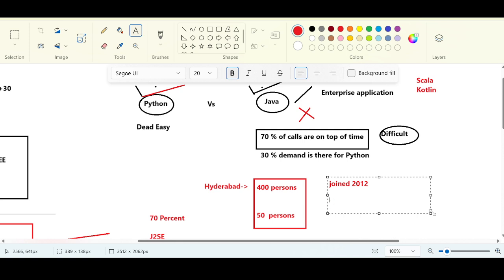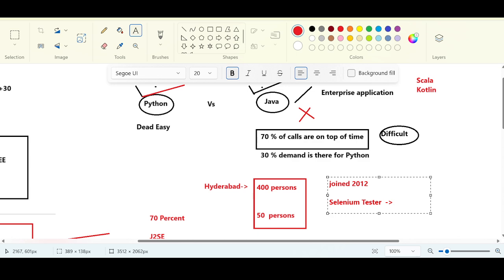What I thought to take, I took Selenium testing. Selenium is a powerful testing tool in the market for testers. I thought, let me become a Selenium tester. In Hyderabad, there is an institute called QA Planet. I don't know if you know it or not. I studied there, I took this subject, Selenium testing.